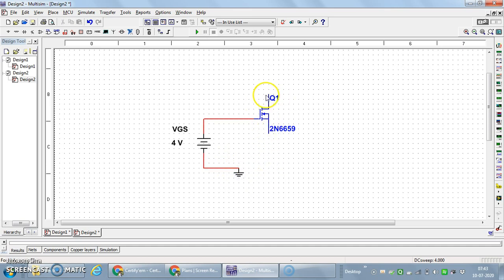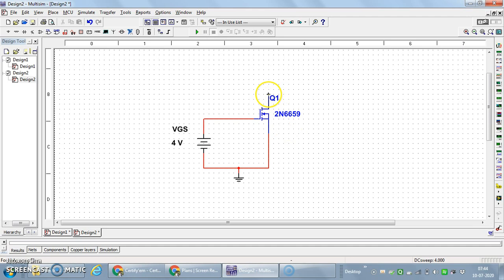So this is the enhancement type MOSFET. Drain, gate and source are the terminals. Now again from this source terminal, I will make the connection. You have to drag it, and wherever you want the turn, just click there so that it takes the turn. Now actually there is no space for the connectivity, so it is not allowing me to make the connections. I will escape this connection and drag this ground symbol downward. So now I can connect it easily. Yes, this is the connection.